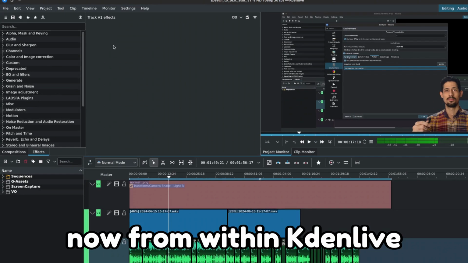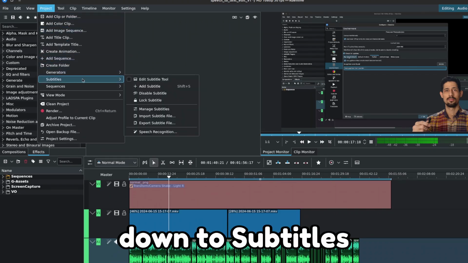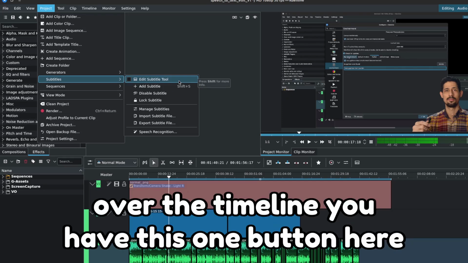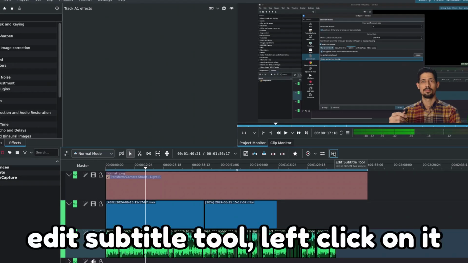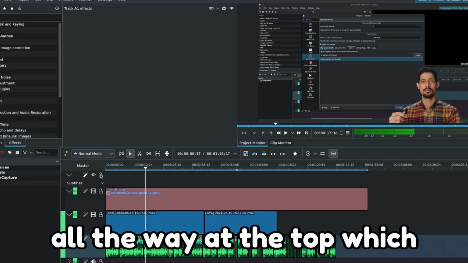Now from within Kdenlive, you can either go up to the menu bar, go to Project, down to Subtitles, and click on Edit Subtitle Tool. Or alternatively, over the timeline, you have this one button here on the far right, which is the Edit Subtitle Tool. Left click on it, and Kdenlive will open a new track all the way at the top, which is